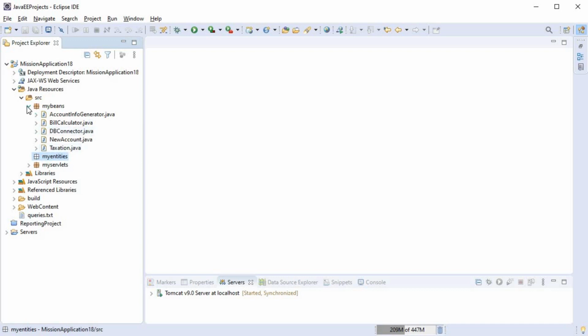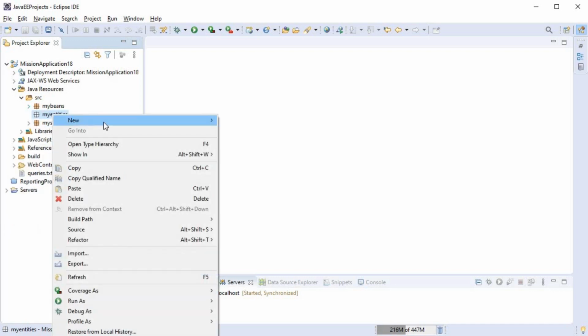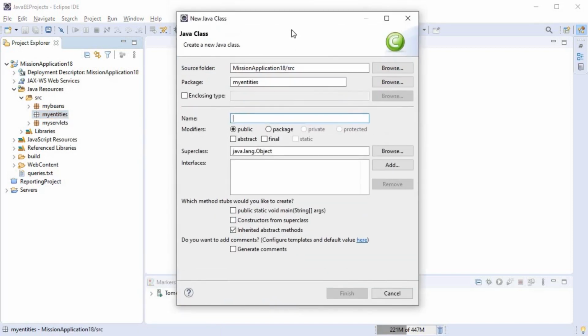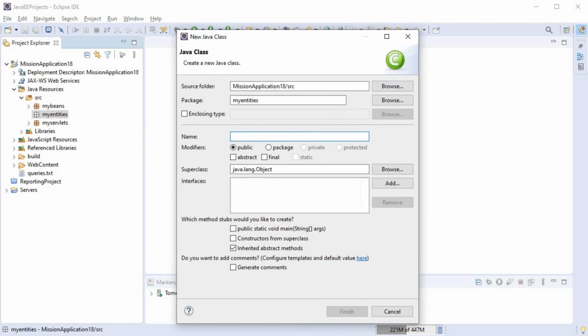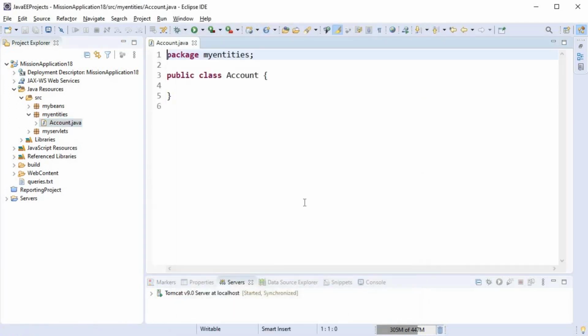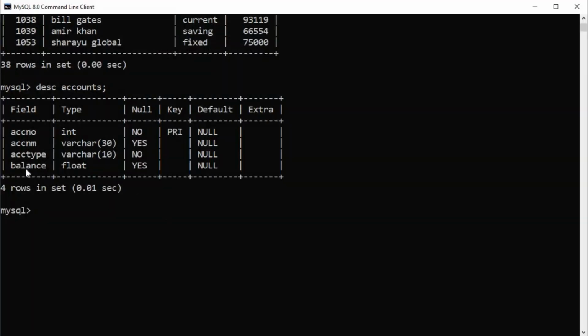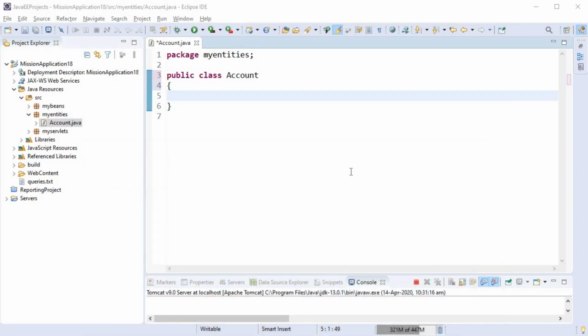Now right click that my entities package, go into new, click to class option and specify some name to this entity bean class. So we are naming it as account because it's going to hold data of the accounts table, and the properties in this class will be similar to the columns in the table. So we have already seen that there are 4 columns in the table. Similarly, 4 properties will create in this bean. So we'll create